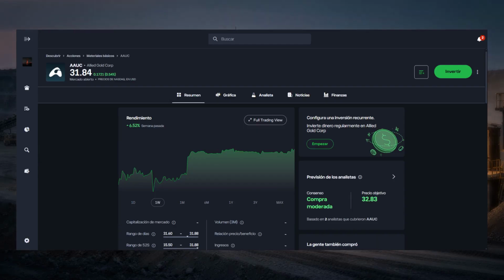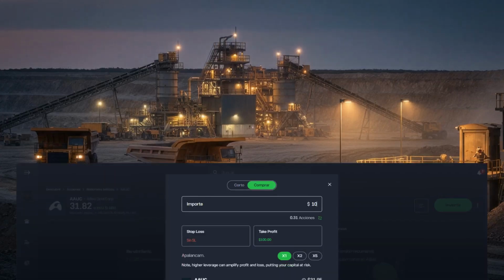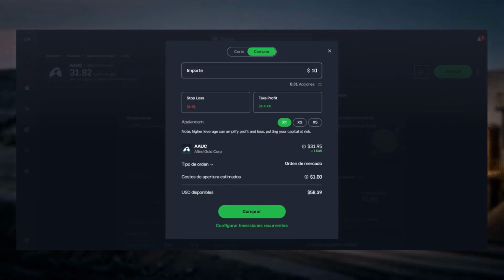On the asset page, you will see basic company information and a price chart for AAUC. Confirm the company name, NASDAQ listing, and ticker to verify this is the right security. To invest, click the Invest or Buy button, enter the amount you want to purchase, then carefully review and confirm